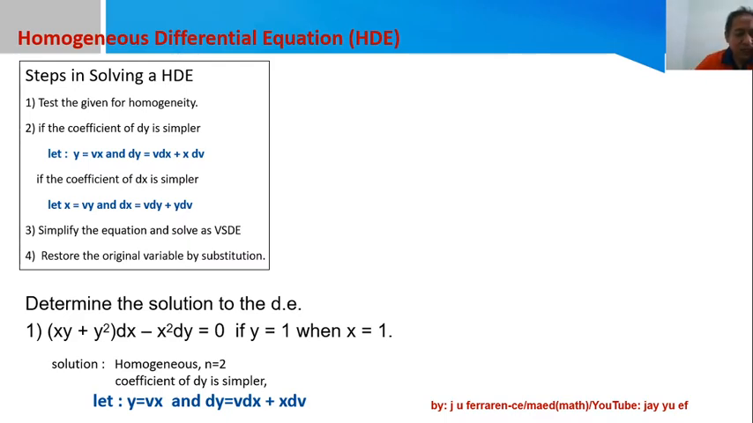Okay? So, you can now look for the coefficient of the two differentials. The dx has a coefficient which is composed of two terms, while the dy has a coefficient which is composed only of a single term. So the simplicity of the coefficient will depend on the number of terms involved. Now, if the coefficient of the dy is simpler, then transformation starts by replacing your y with vx, and your dy will be replaced with v dx plus x dv, which is the differential of the product